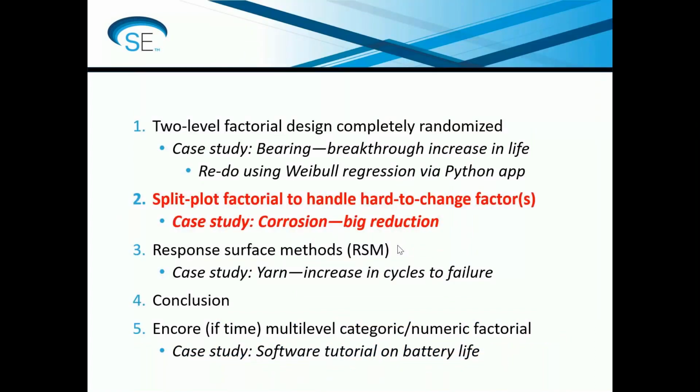Okay, so now we're going to move on to split plot as another type of tool that reliability engineers might make use of. And if you're not familiar with split plot, it's very handy for hard to change factors. And one real common one is oven temperature. Let's say you're going to powder coat a part, and then you're going to put it in an oven and bake it, right, to get it to set up on your part.